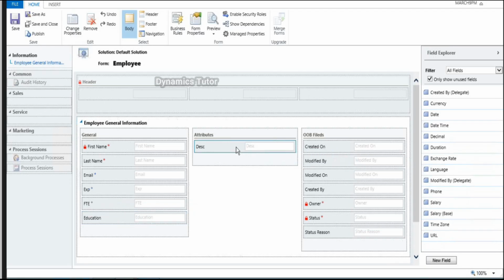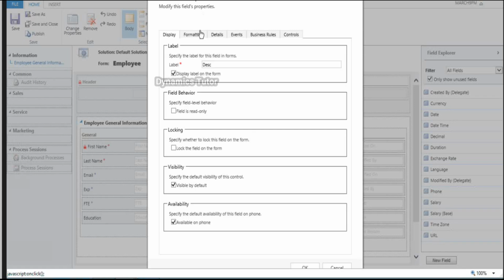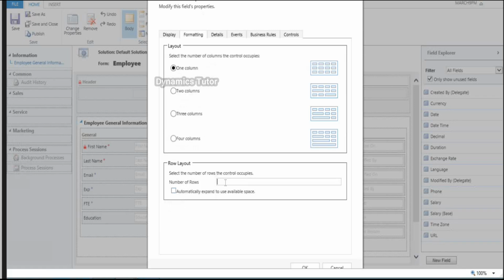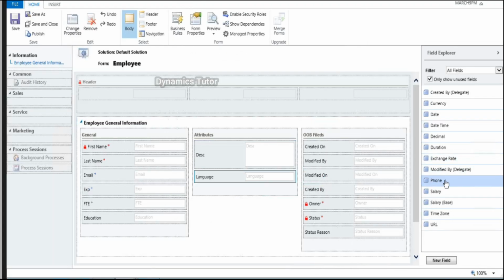You can format it here. Formatted to 2-column. The next we have the languages here, phone,